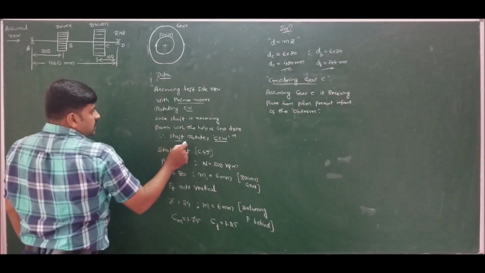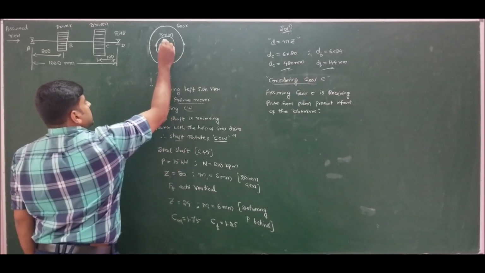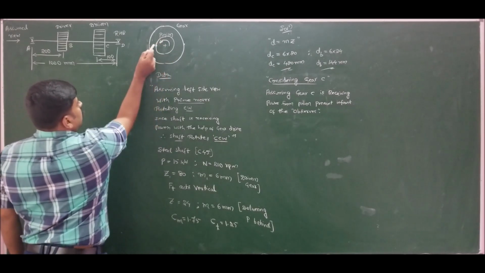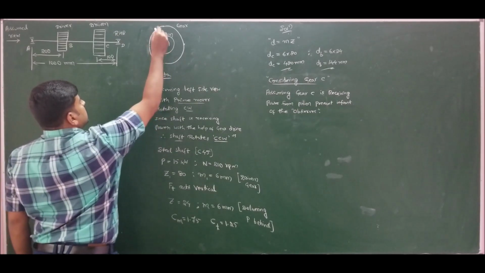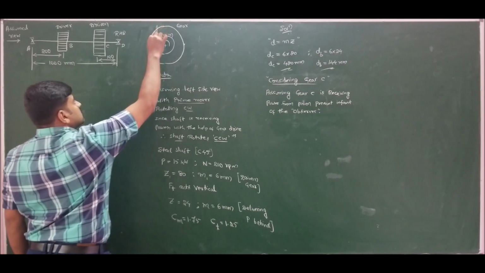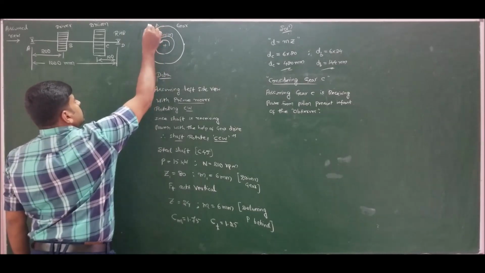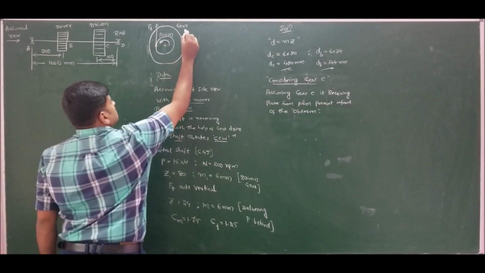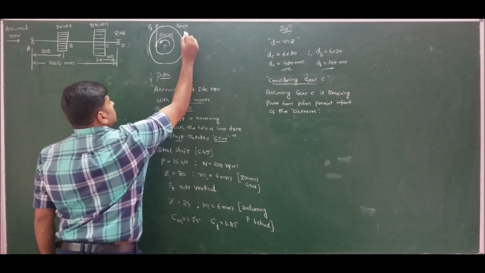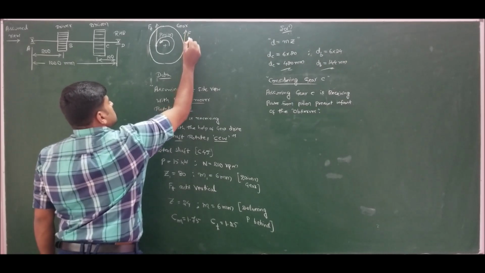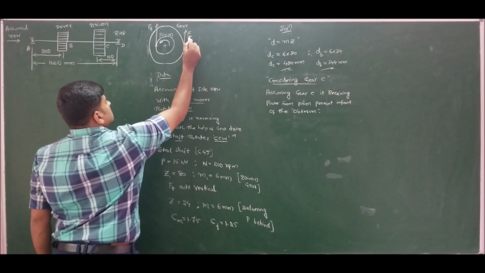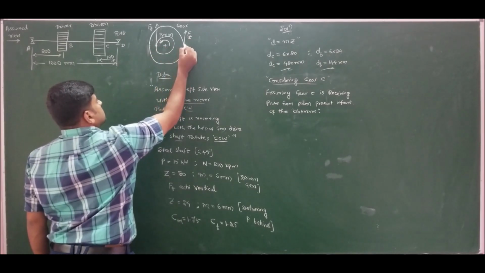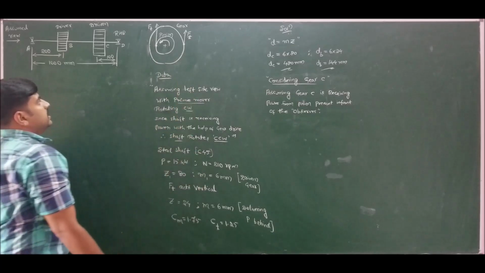So we have detected that the shaft rotates counterclockwise. So mark it, shaft rotates counterclockwise. Now we know that for the pinion I should mark FT opposite to the direction of rotation. So this will be FT for the pinion. For the gear it should be along the direction of rotation. So this will be FT for the gear. Since the points of contact are opposite, I am getting FT in the same direction.